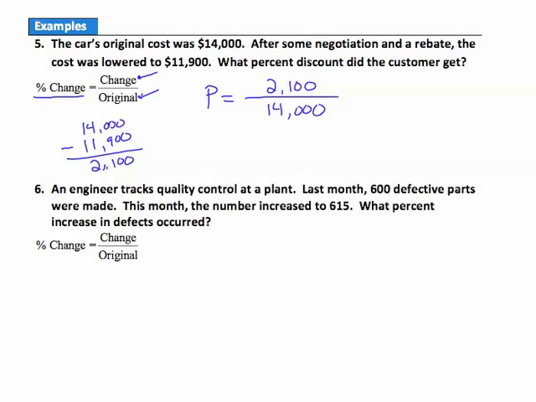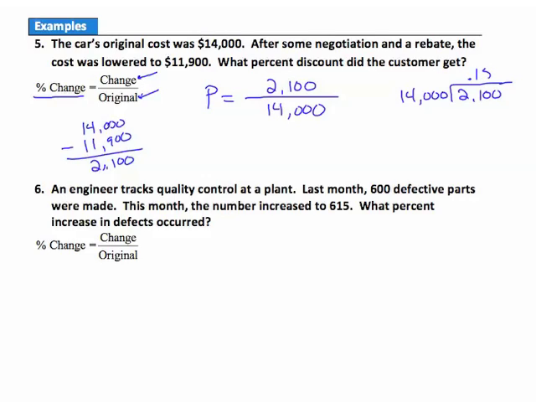2,100 is going to go on the top. Now to figure out this percent, we need to do the division. 2,100 divided by 14,000. So again, on some scratch work, we'll take 14,000 and divide it into 2,100. And when we do that division,